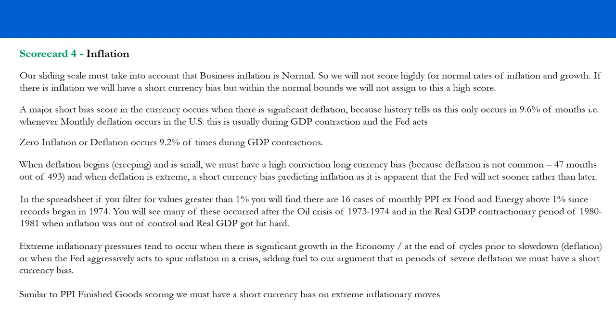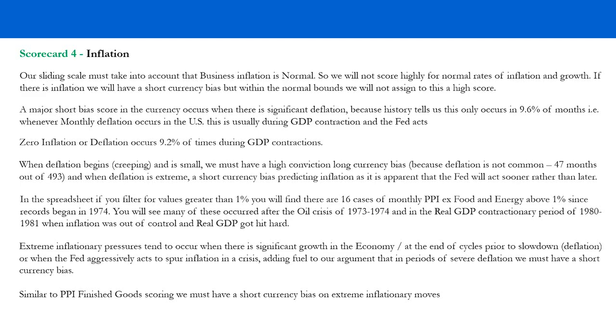And you'll see that many of these occurred after the oil crisis of 73 to 74 and in the real GDP contractionary period of 1980 to 1981, when inflation was basically out of control and real GDP was getting hit hard. And as we know, extreme inflationary pressures tend to occur when there's significant growth in the economy or at the end of cycles prior to slowdowns or deflation, or even when the Fed aggressively acts to spur inflation in